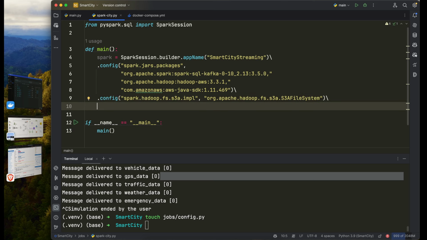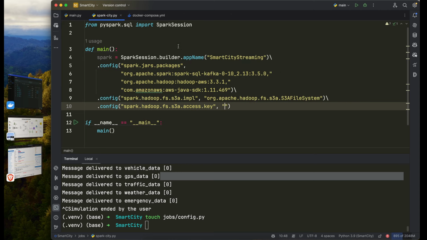And that's one. The next thing is the access key and the secret key, of course. So we get in the config. Then let's get in our config, spark.hadoop.fs.s3a.access.key. Yeah, not GX key. Yep, good. Then the access key is going to be coming in from config